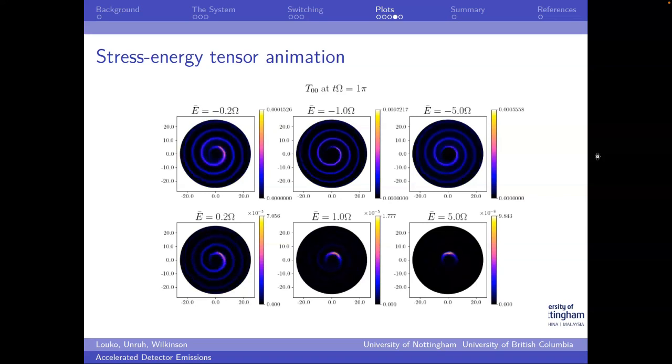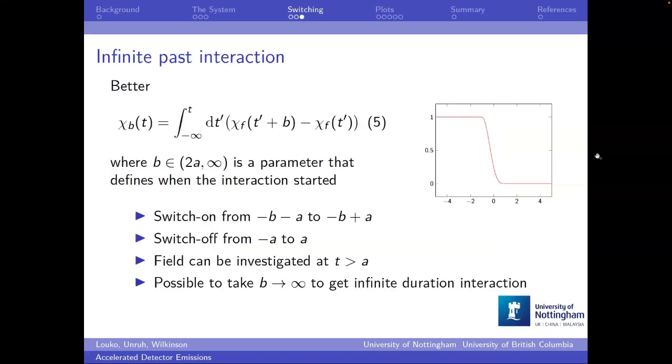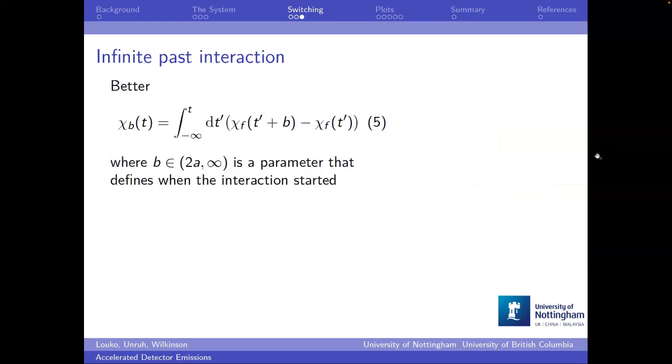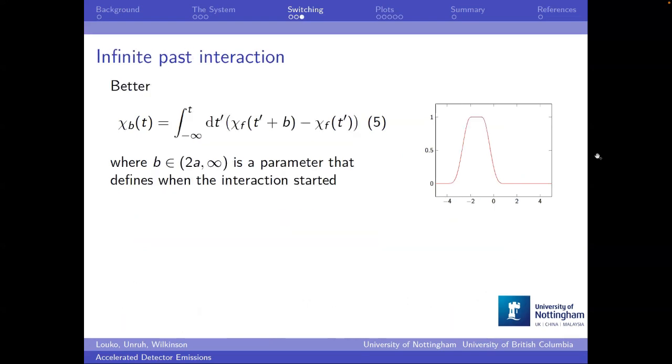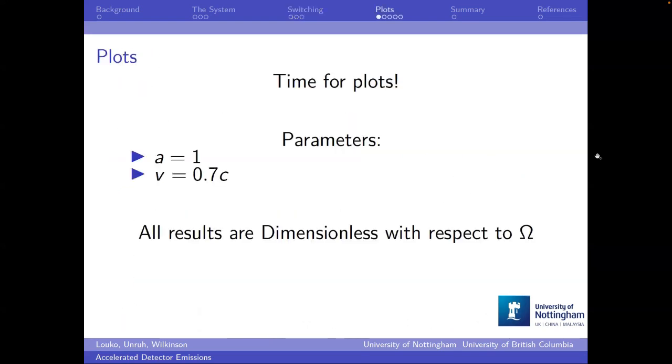That is an interesting question. Unfortunately, it's not a question that can be asked, because most interesting questions can't be asked. It's very unfortunate. It is because of this double spiral behavior that we see. So this measurement of the field is a weak measurement. The measurements of the detector that most people do are exact measurements. Because of that, and because of the stuff that I can't explain here, but is explained very well